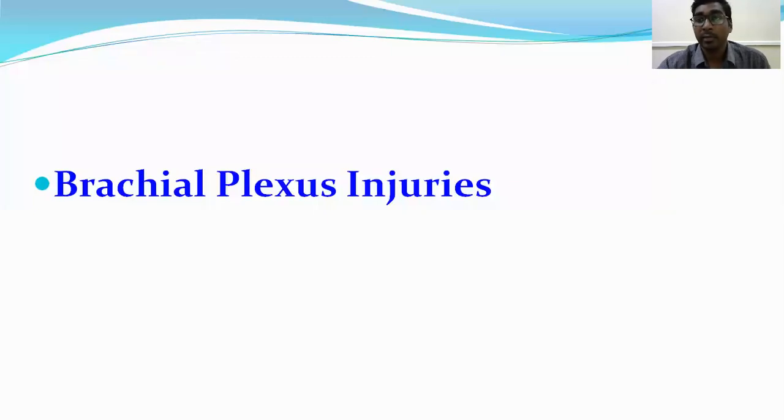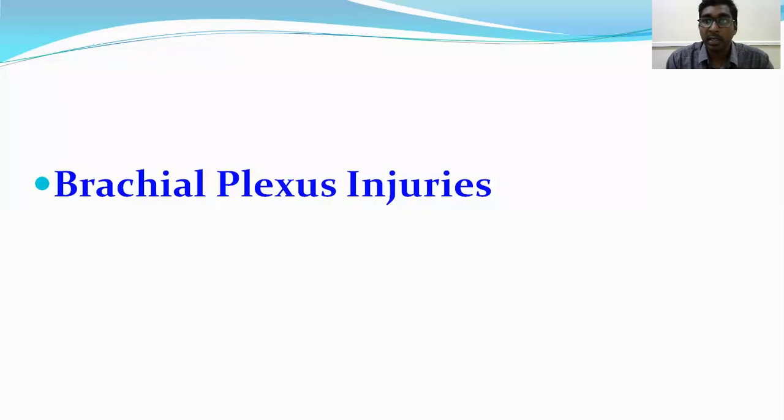In the previous class, we discussed the basic anatomy of a nerve, the types of injury, and the basic modalities of treatment. In the treatment, we learned about conservative treatment and operative treatment. Today we are going to discuss some of the important individual nerve injuries and how to examine in that nerve injury. Okay.